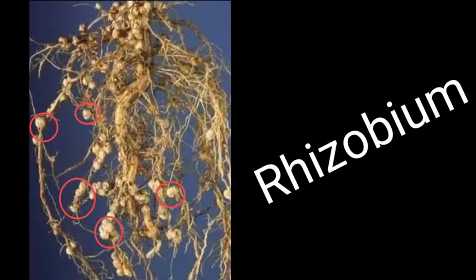Plants cannot use nitrogen directly from the air. They require nitrates, and these nitrates are given to the plant by rhizobium, which are present in the root nodules. And these nodules are actually protection for bacteria. So it's a kind of a symbiotic relationship. Symbiotic relationship means the relationship wherein both the partners are benefited. And here the plant is benefited because it gets nitrogen, that is nitrate, and the bacteria in return gets protection and shelter in form of root nodules. This is how the bacteria and the plant create a symbiotic relationship.